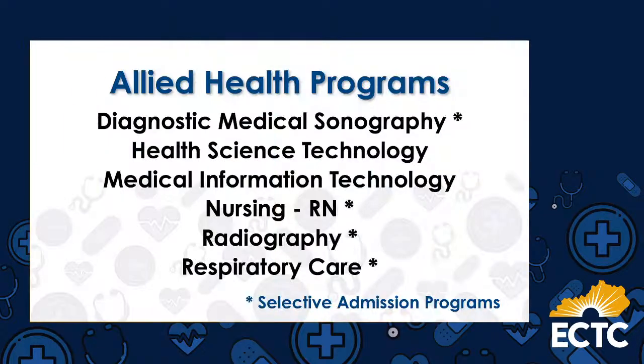Now that we've got some of that stuff going, let's go ahead and get into it. If you didn't know, our allied health programs, 4 of them, are what we call selective admission. Selective admission means that they have a separate admission process from ECTC's general admission requirements. Those selective admission requirements often include an application, completion of prerequisite courses, and attendance of a pre-admission conference. Each program's admission requirements are a little bit different, but generally speaking, students with a high likelihood of acceptance are those that are driven to study and succeed and show a particular interest in the biological sciences. They're passing those prerequisite courses, and they're also students who have met benchmark in those reading and ACT scores